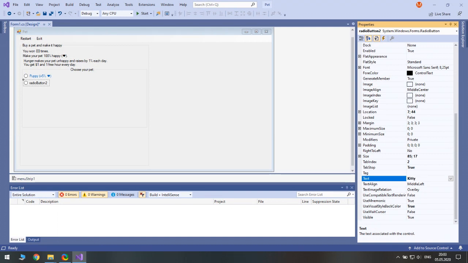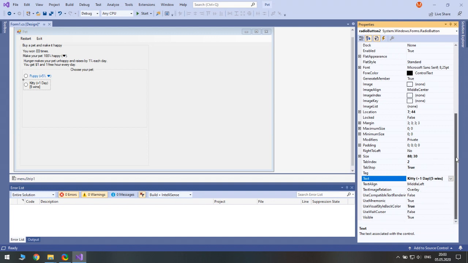Kitty also will have a bonus like +1 day, and you will need 5 wins for that. Good.